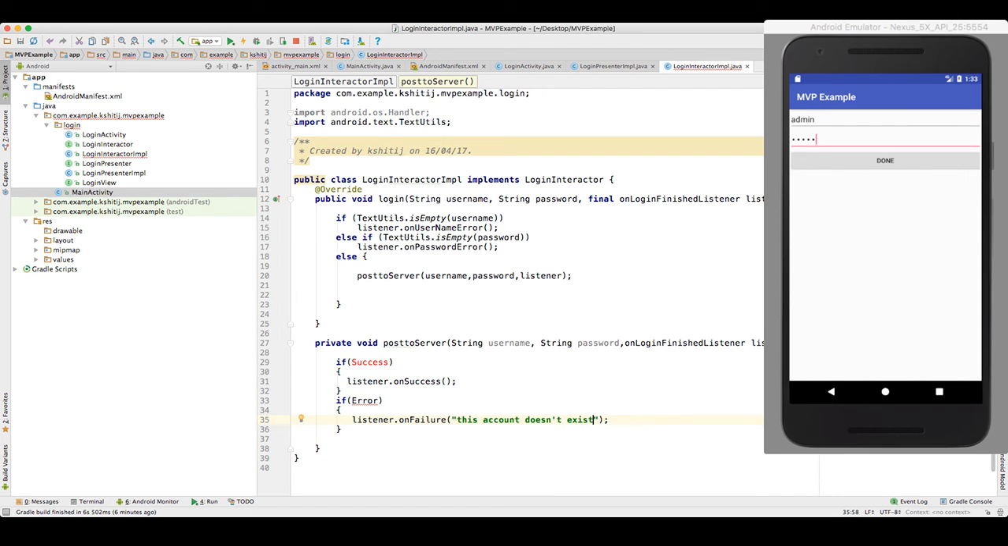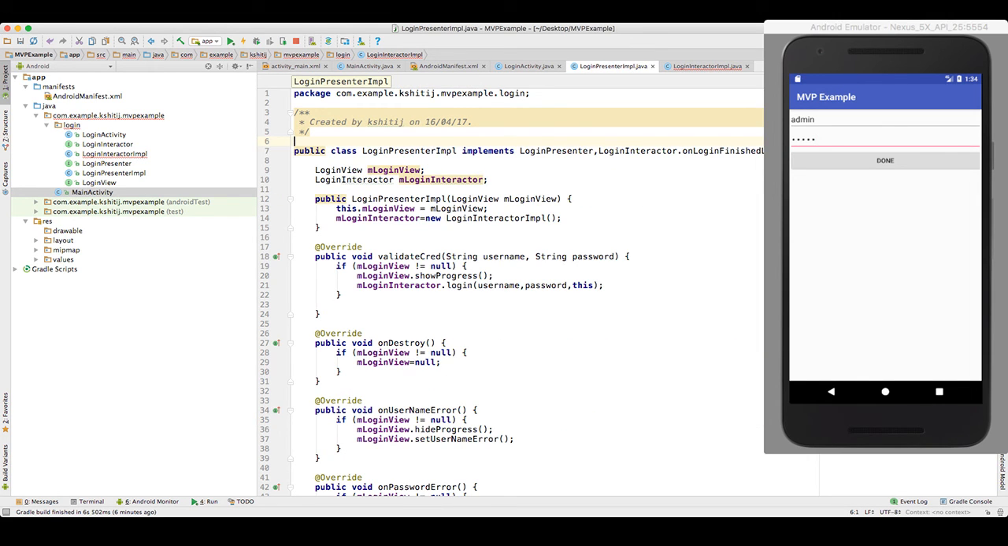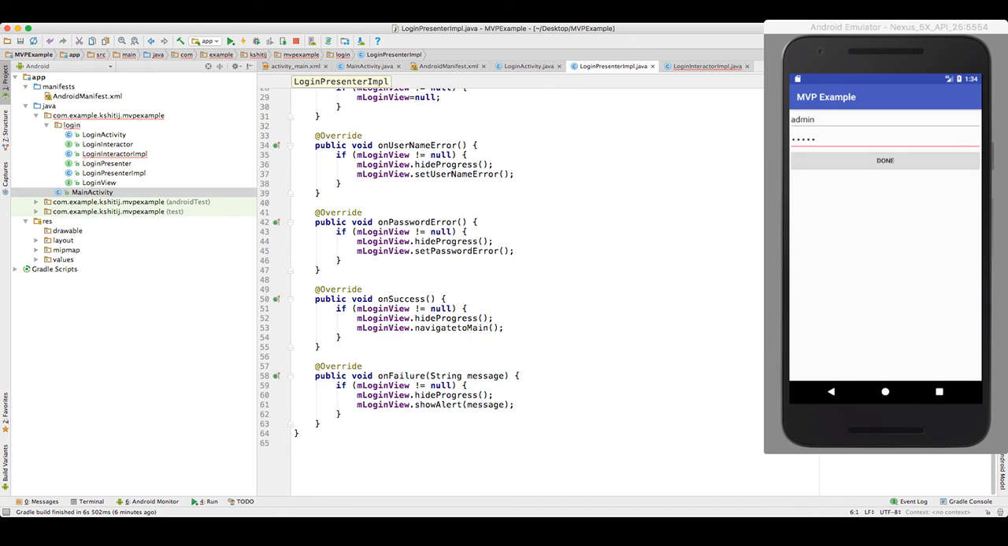This account doesn't exist. For now, if you get the success, then you will move to the onSuccess method, and you will hide the progress and navigate to the main activity or whatever else you want to do